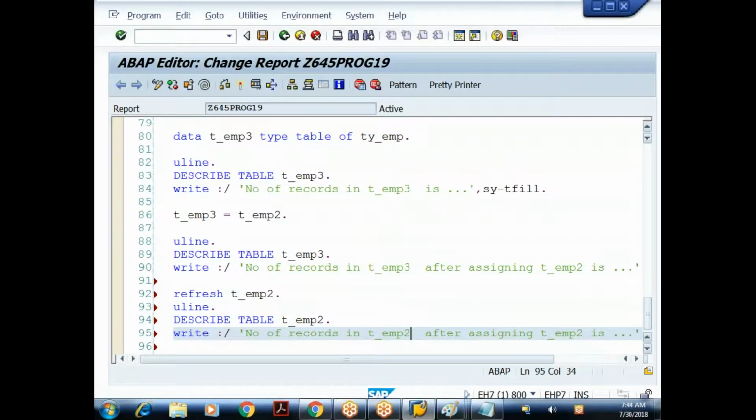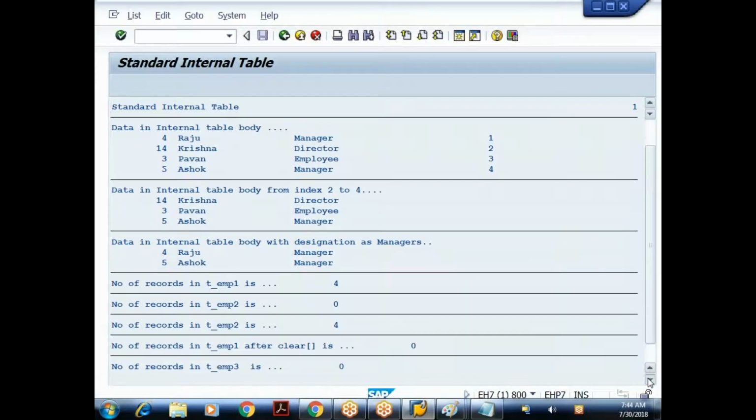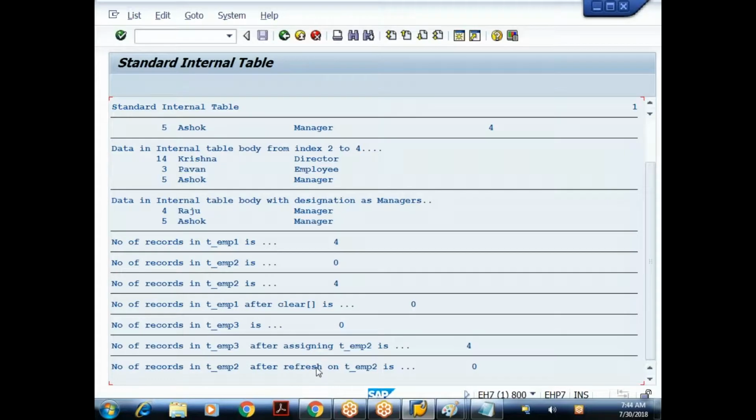Number of records in T_emp2 after refresh. So refresh also will clear the complete data. Scroll down and check. Yes, number of records in T_emp2 after refresh is 0. Data got cleared.